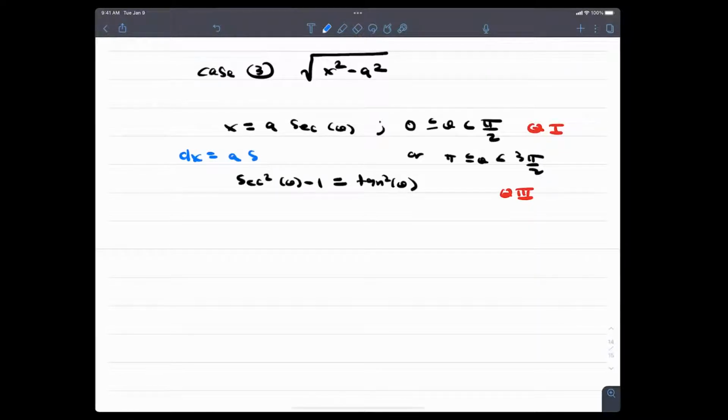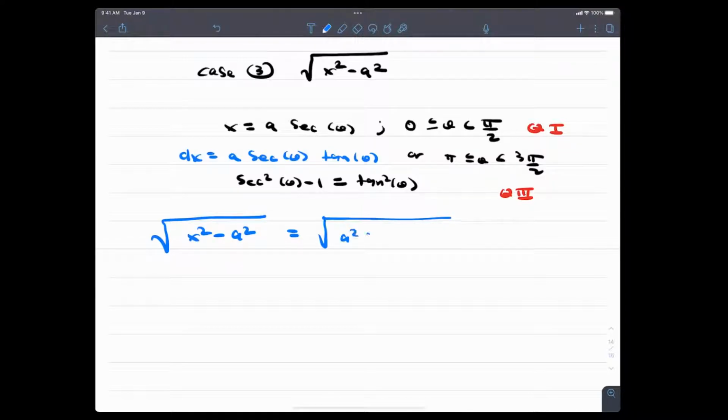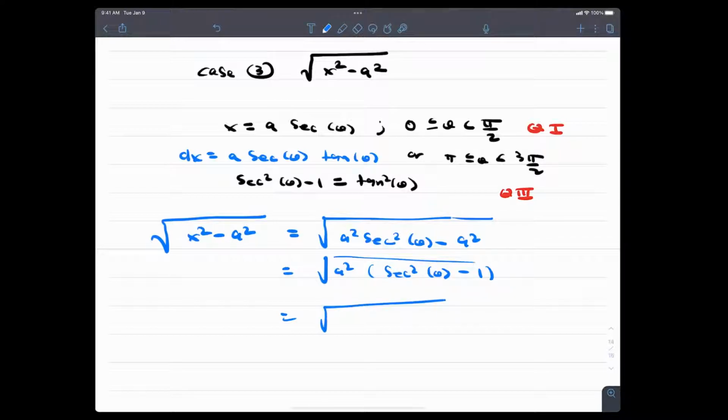So it'll be a secant theta tangent theta. And then the radical x squared minus a squared, in general, if you use that substitution, that'll be a squared secant squared theta minus a squared, which is a squared times secant squared theta minus 1, which is a squared tangent squared theta,